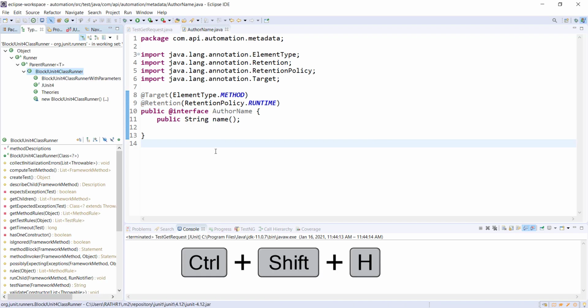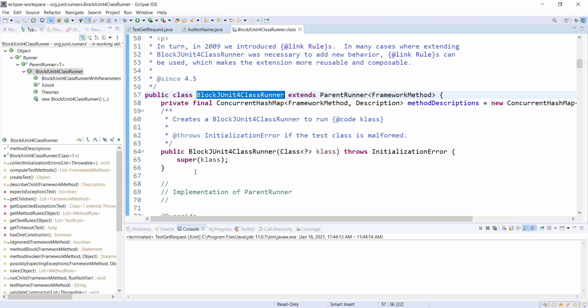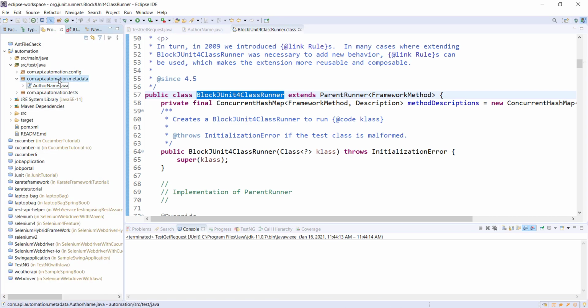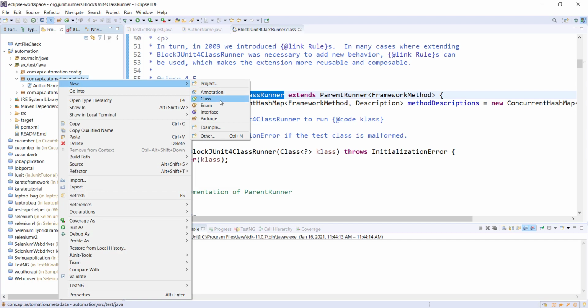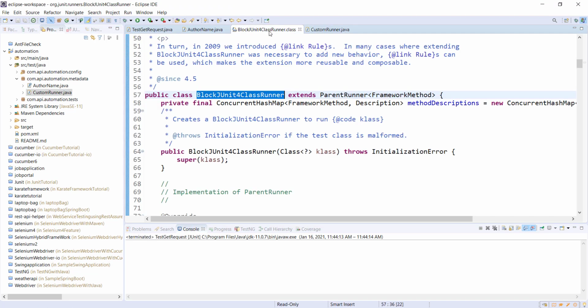I'm going to use the BlockJUnit4ClassRunner class and customize it according to our use. So inside the same package, I'm going to create one more class, that is CustomRunner. This class will also extend from the parent runner.